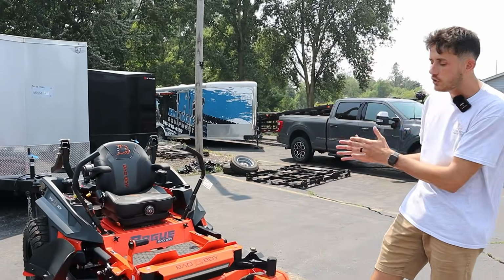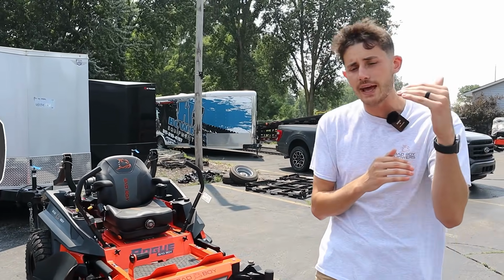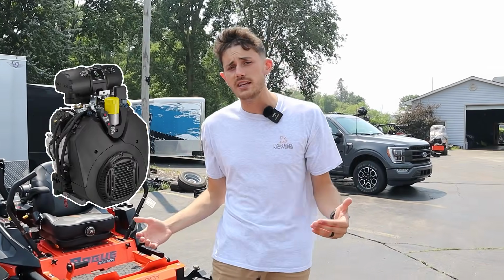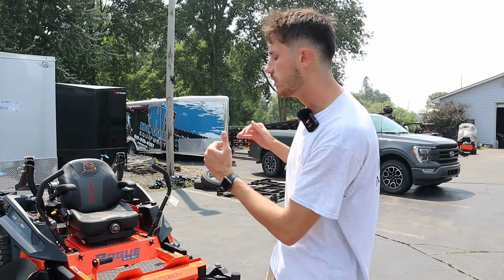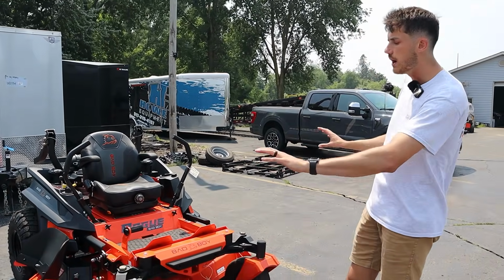But the Rogue is one step below Bad Boy's top tier. They do make a Renegade. That's where you get a horizontal shaft engine option, or you can get it in diesel. They have a Perkins diesel engine on it as well. So the Rogue is one step below the very top line, but like we've seen all throughout,